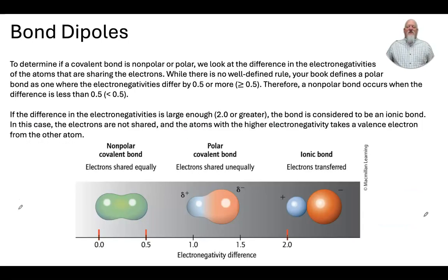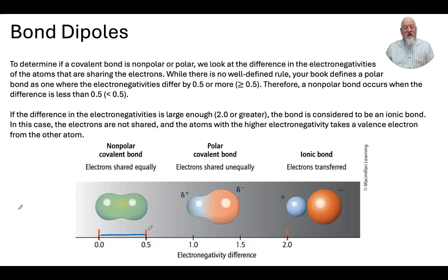So then the question is, where do we cut things off? When is the bond not polar? When is it polar? How much electronegativity difference do we need before we say, yeah, that's enough difference to make it polar? There's no real clear cutoff. Every book has a little different version, but this book basically says that if the